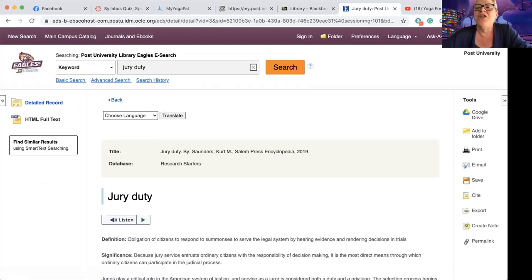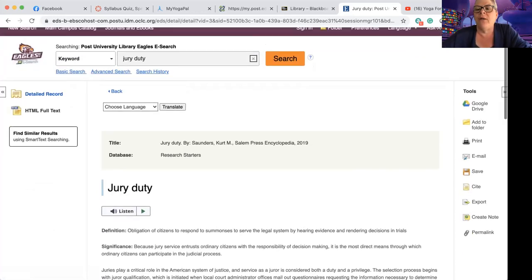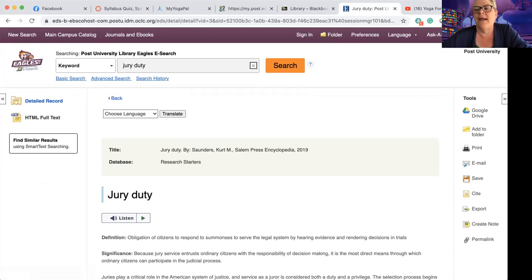So if I find something using the library, which is what I have done, one thing I want you to notice is over on the right-hand column, there is a button that says Cite. So every time you locate a source that you think you want to use, I go ahead and create a references page. Even if I end up discarding that article later, I go ahead and save it in my Word document. So if you click on the Cite button,